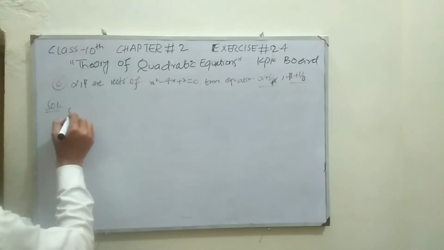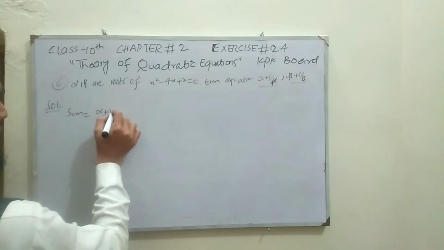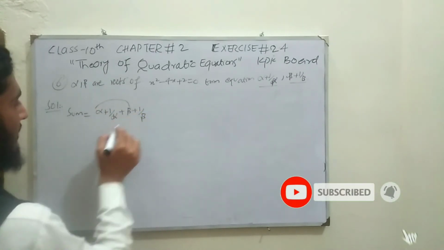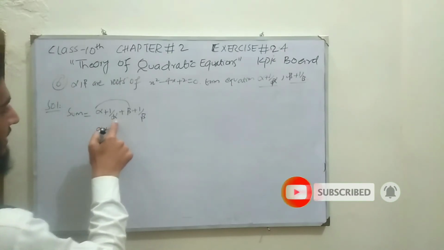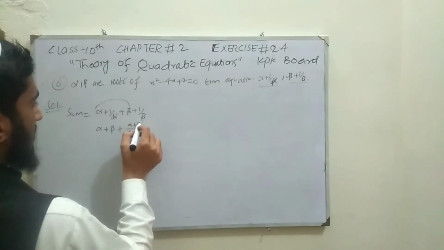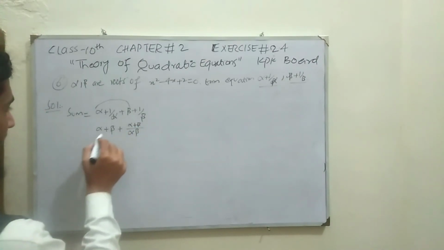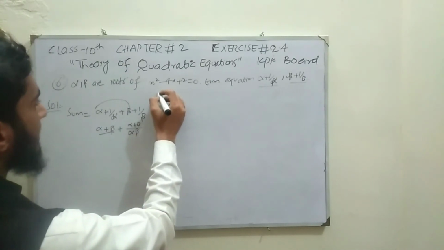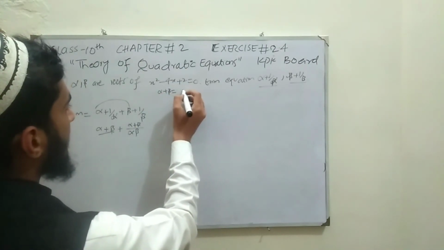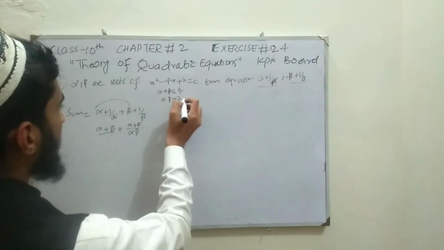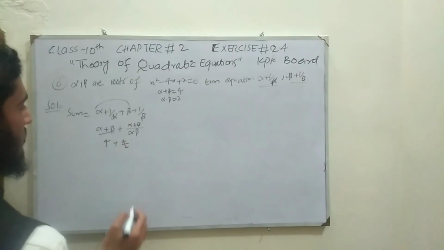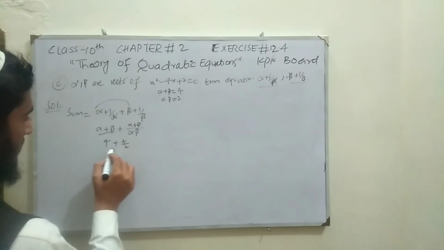Sum is equal to alpha plus 1 over alpha plus beta plus 1 over beta. These are the sum of the roots, alpha plus beta, and take the LCM of 1 over alpha and 1 over beta. So above we are left with alpha plus beta. Alpha plus beta is from here, if we find sum of roots, alpha plus beta is equal to minus b over a, b is minus 4, so 4 over a gives us 4, and product of root is 2. So alpha plus beta is 4 plus, alpha plus beta is 4 divided by alpha beta which is 2. 4 over 2 gives us 2, and 2 plus 4 gives us 6. So this is the sum of the roots.